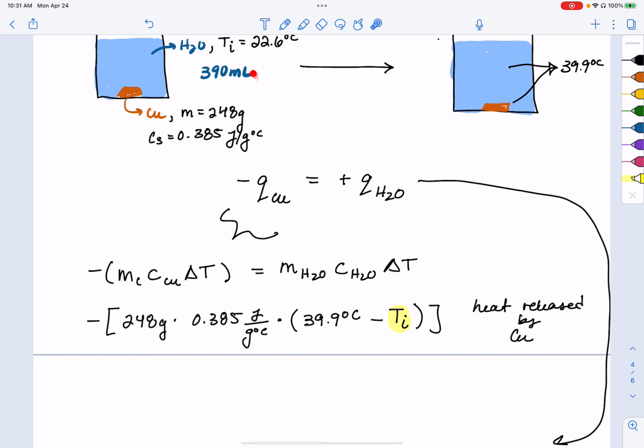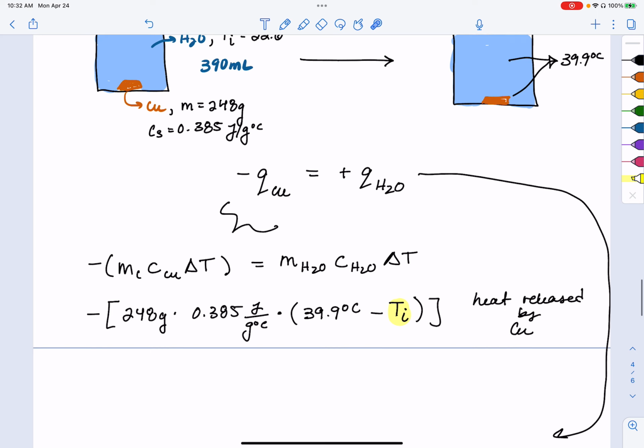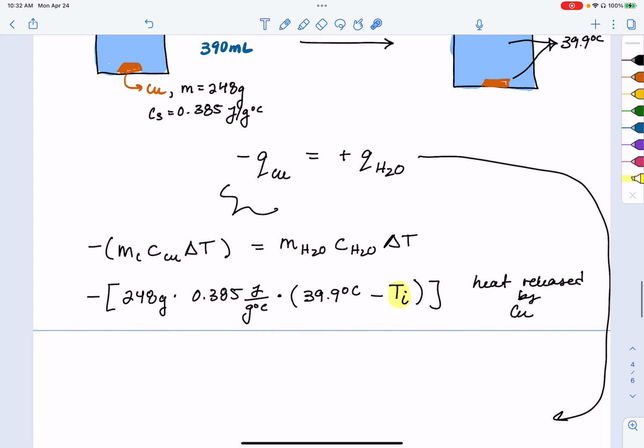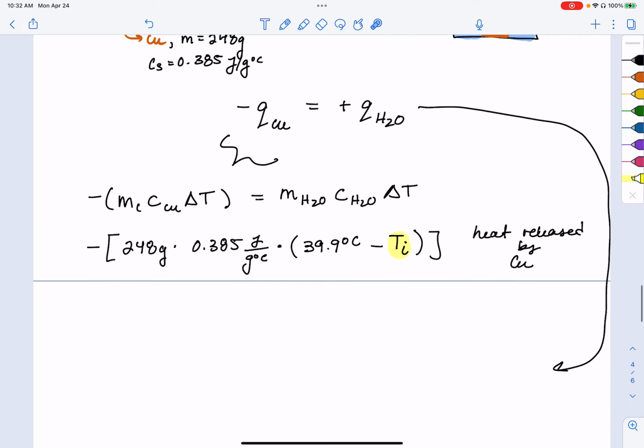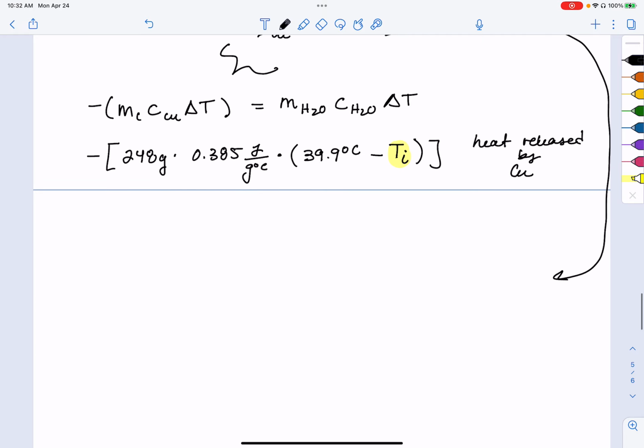So if I have a volume of water, then we can assume, at least for now, that its density is 1.00 gram per mL. I'm going to be a lot more picky about this, thinking about the temperature dependence of density, coming up in future experiments. However, for now, it's all right to say that since we have 390 mL, then we have 390 grams of water